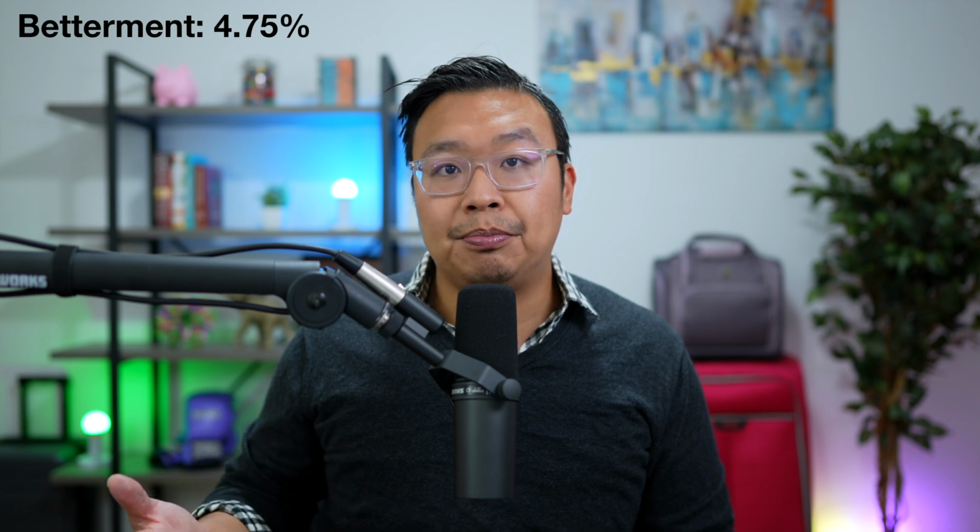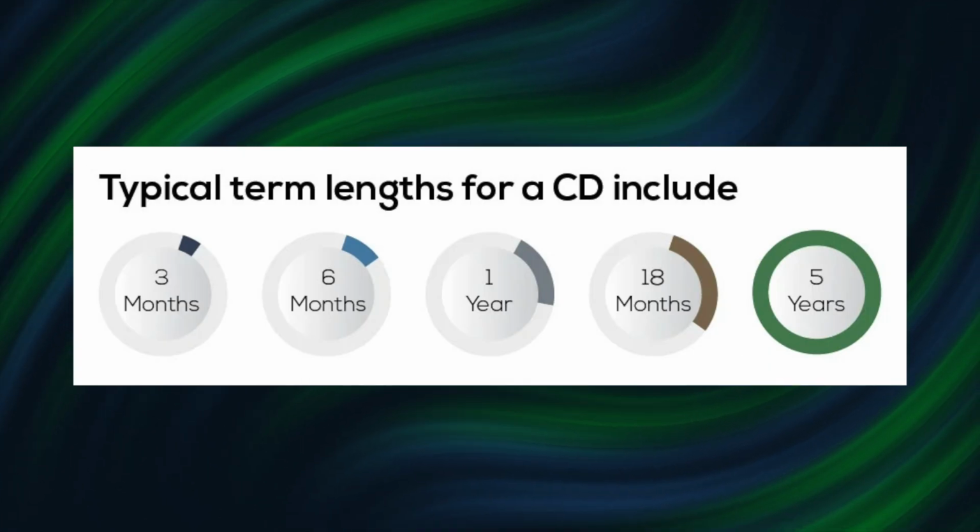The nice thing about this bank account and every other bank account we'll be talking about today is that the money is liquid. It's very fluid. You can just pull out as much as you need at any time. It is not a certificate of deposit where you would have to leave your money in for 6 months or